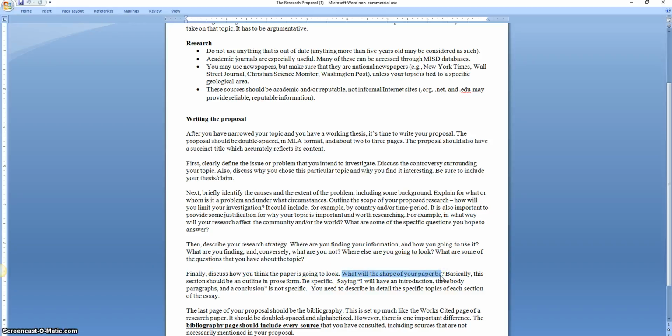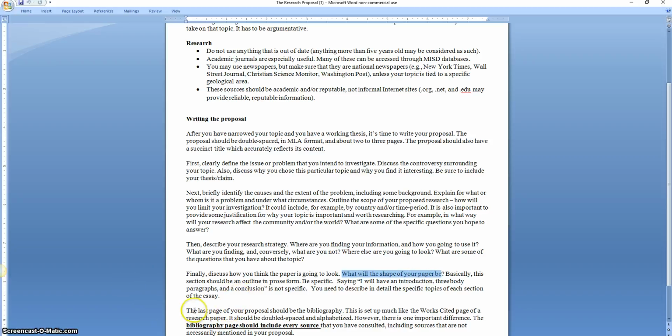It should be an outline where you've already done your research. You already have some opinions, some reasons, some evidence. Please don't say, I'm going to have an introduction and maybe 5 body paragraphs and a conclusion. That's not specific. That's just vague and generalized. So look at the examples.